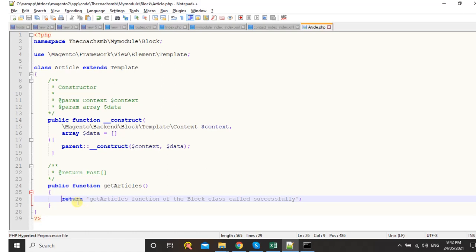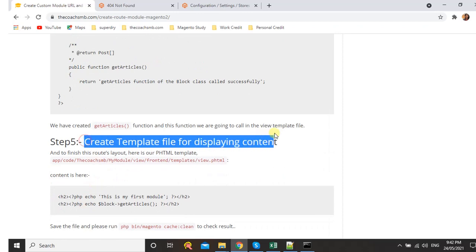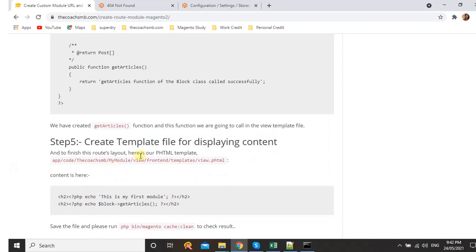For now I just tried to display some content. In the coming video, with the help of block, we will display table content in the custom module page, this page. Clear so far? Save this file and let's go and create the template file for displaying content.